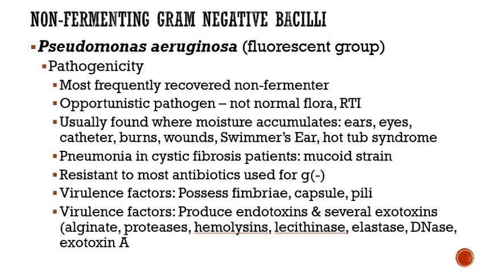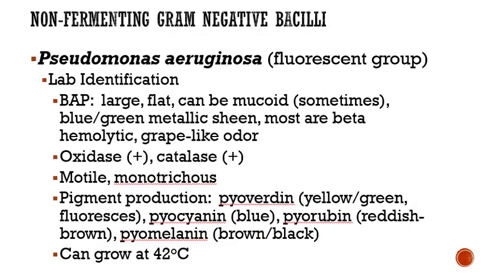It produces endotoxins and several exotoxins, proteases, hemolysins, lecithinase, which is an enzyme that breaks down lecithin found in nervous tissue, elastase, which is another enzyme that helps it destroy elastic tissue, DNase, exotoxin A. So this one produces a lot of different virulence factors. Lab identification. So the colony morphology on this one, you usually are going to see large, flat, sometimes